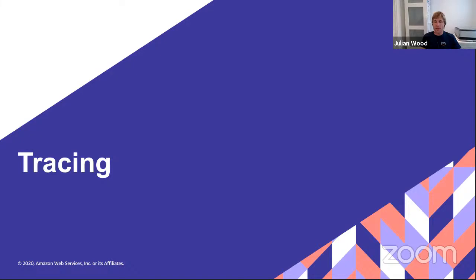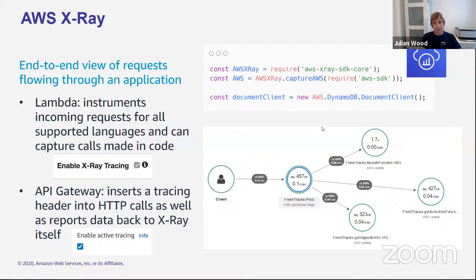So onto the third pillar of observability, which is tracing. So we've mentioned before, but X-Ray is a distributed tracing solution from AWS, which provides an end-to-end view of requests as they travel through your application. And it also nicely shows a service map of your application's underlying components. X-Ray collects data about the requests that your application serves, which helps you understand how upstream and downstream services may affect workload health. You enable X-Ray for various AWS services, including serverless ones such as API Gateway, Lambda, SNS, SQS,